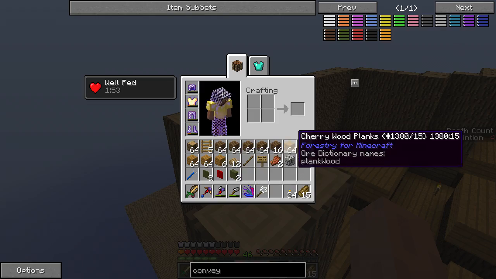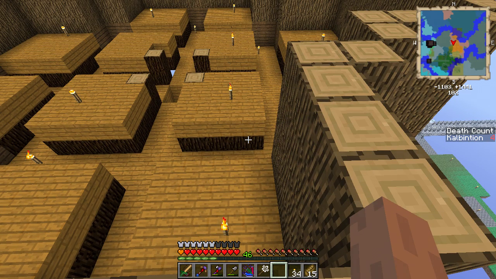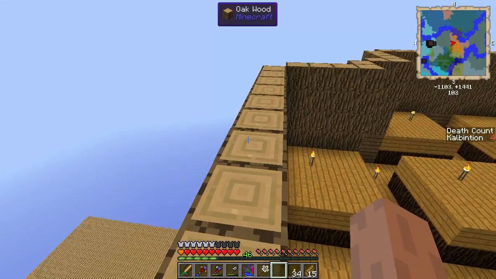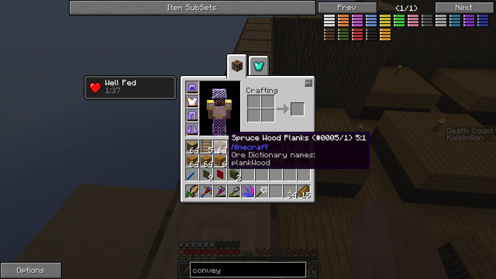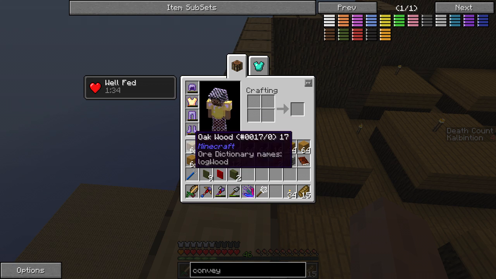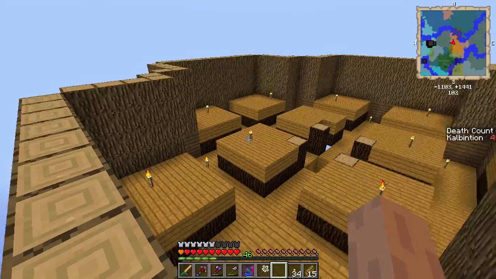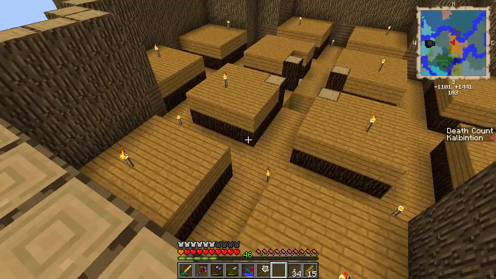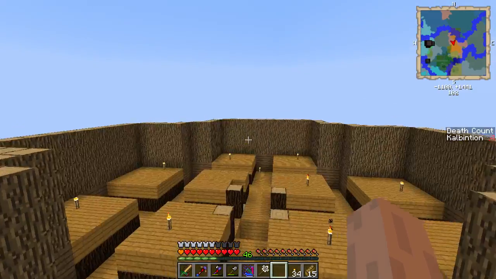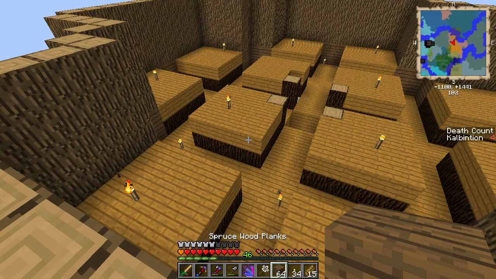Now, in my testing, I was going to use the cherry wood planks, the cherry wood slabs. However, the cherry wood slabs allow light to go through as if it's a transparent block. I ended up going with oak slabs, these oak wood slabs here. But my original design was also slightly different in terms of what blocks I had used, like those spruce under the platforms was actually cherry in my test world, and the walls are actually slightly different too. But because of this, I'm actually going to use spruce